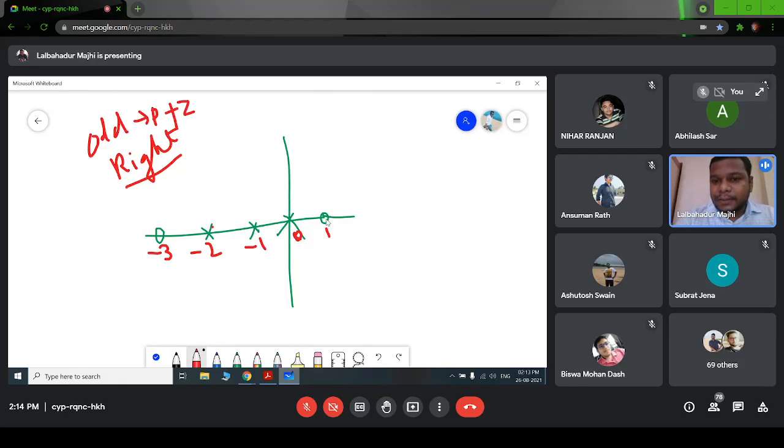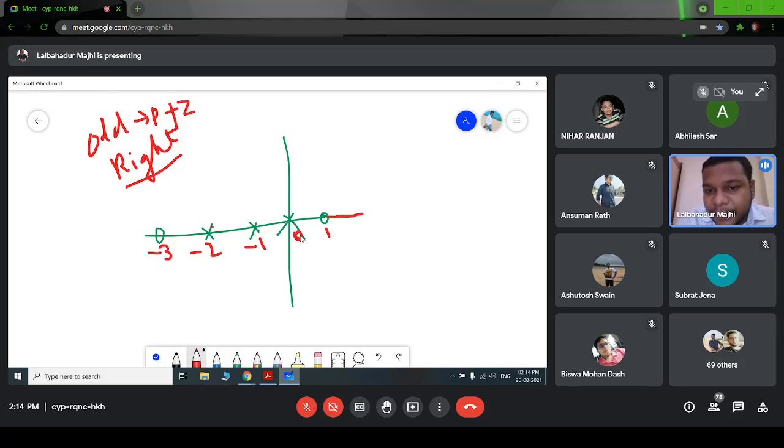Okay, so if we consider this 0, then towards its right there should be an odd number of poles and 0, right? Towards its right there should be an odd number of poles and 0. So towards its right we can see that there is no pole and 0, so that is not an odd number. So this region will not lie on the root locus.